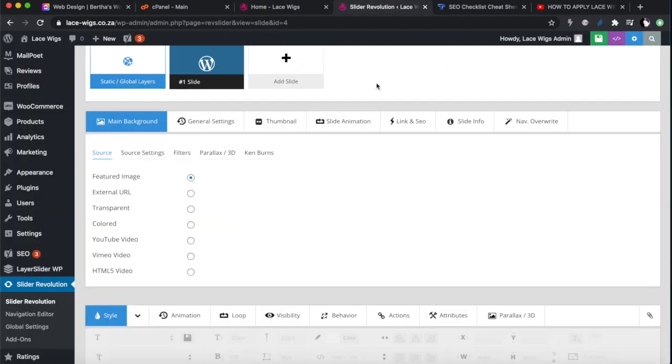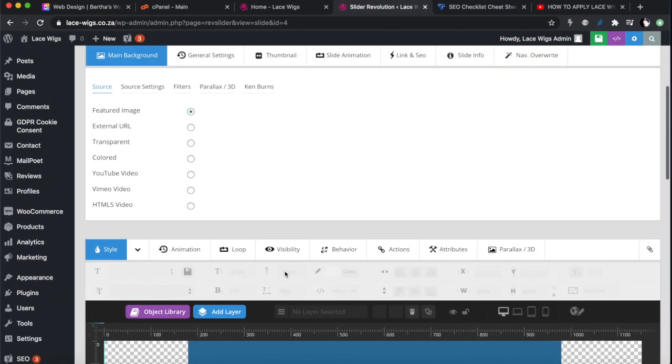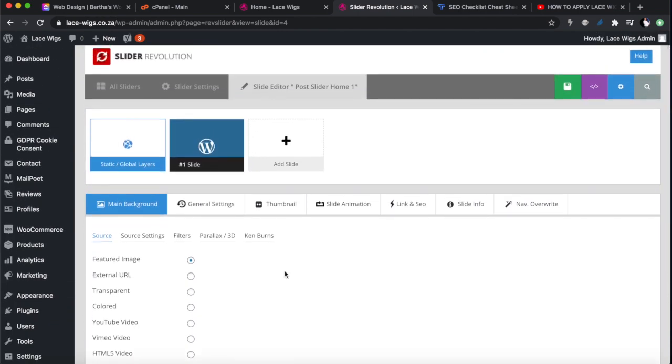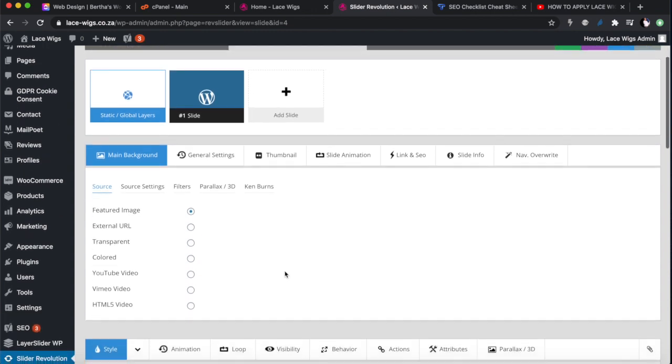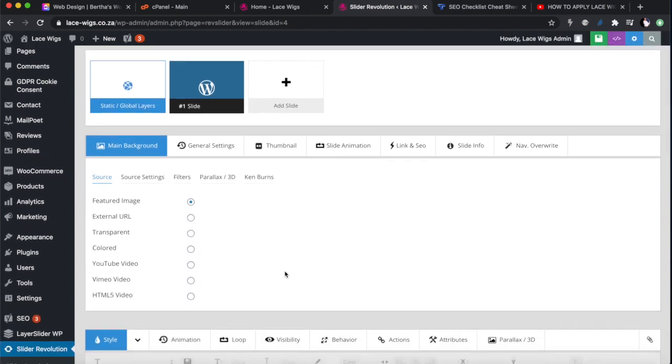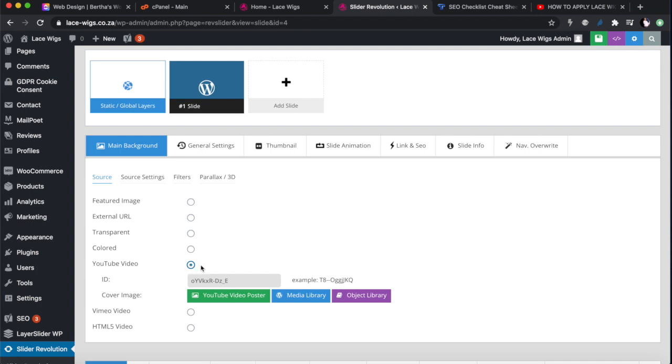Okay, I just wanted to show you that you could leave this like this and you could change your posts and add an additional image on your post from the images that I've shown you, or you could display something else. And I think with a lot of e-commerce sites, I've had a lot of success in the past where you got video content for your page, and people love video content because it displays what's happening. So I'm going to include a video, and with Slider Revolution you can do that very, very easily. You can add a Vimeo video, a YouTube video, or an HTML5 video.